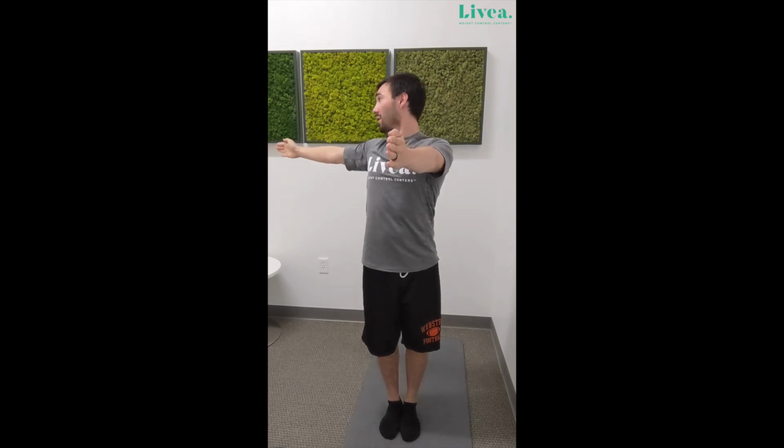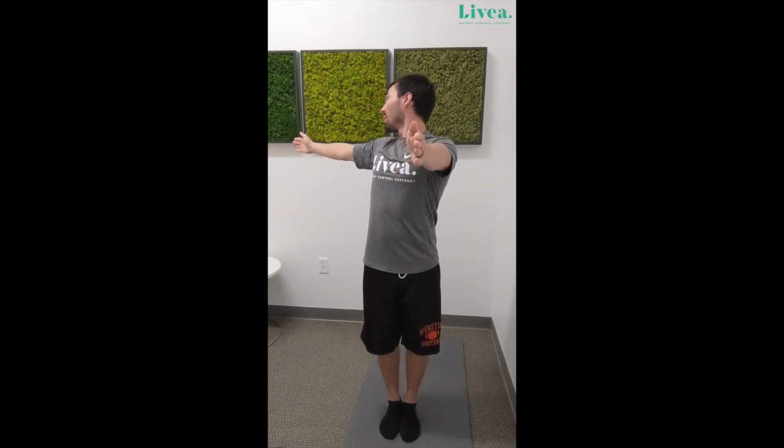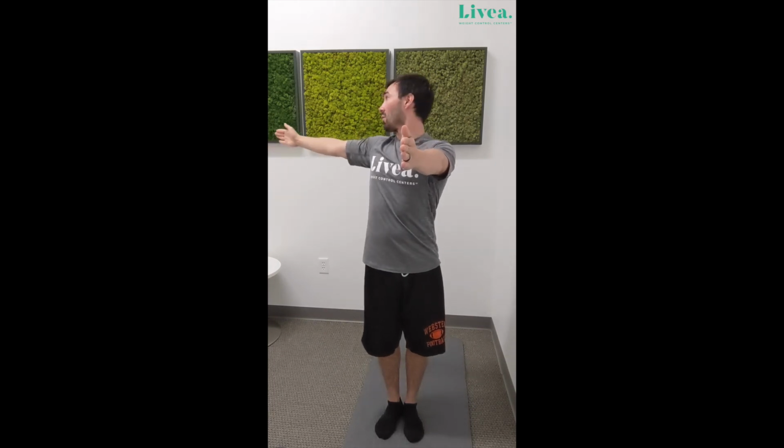So what you're going to do, one arm's always going to stay in the middle of your chest, the other's going to reach as far as you can, head's going to point with that arm, and back. Key is not moving your hips back and forth like that. This is just for your upper body, so your upper torso should be moving. If you do it correctly, you'll feel it in your shoulder blades and in your shoulder. Those are the two main stretches. Sometimes you might feel it a little bit in your neck if you're super tight around there, and that's okay. So arms completely straight out,